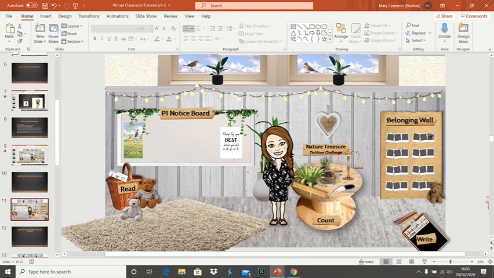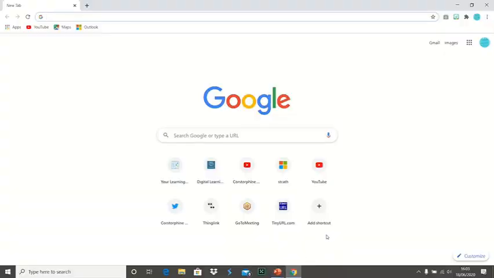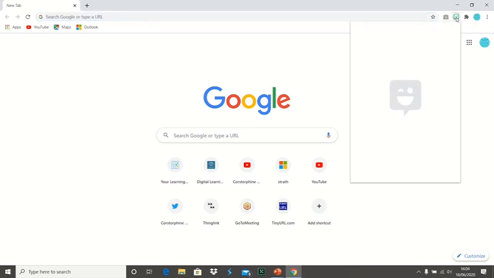Okay, so now I'll show you how to insert a Bitmoji of each teacher. Again, you can go for a photograph if that's easier, but I'll show you how to do a Bitmoji. So this is my Bitmoji, and mine was a little bit easier because I have Snapchat on my phone, and when you get the app Snapchat, you automatically make one of these characters. However, you can also download the Bitmoji app for free onto your phone. If you can't do that, if you've got a personal laptop, now this won't work with your school laptop, if you've got a personal laptop, this is mine, you can download the little Bitmoji